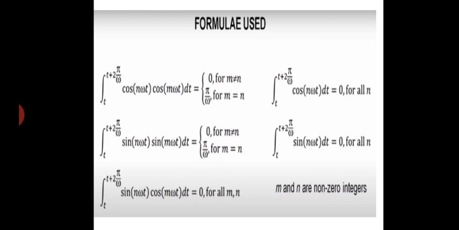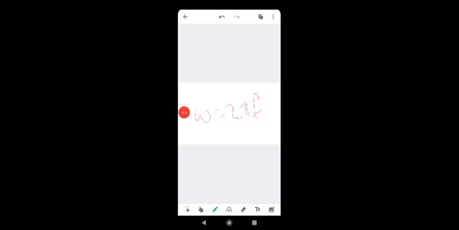So that we substitute omega is equal to 2 pi into f. Okay, so now we see that f is equal to 1/T. Fine. Next, you substitute this omega is equal to 2 pi into 1/T. So we take it as this tau; we represent this one as tau, not as T.